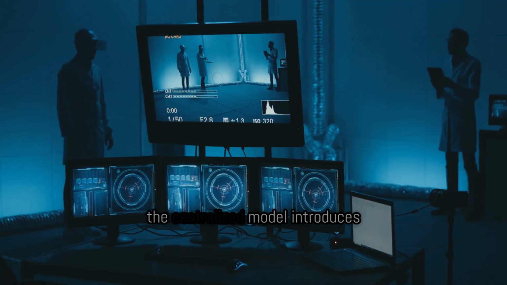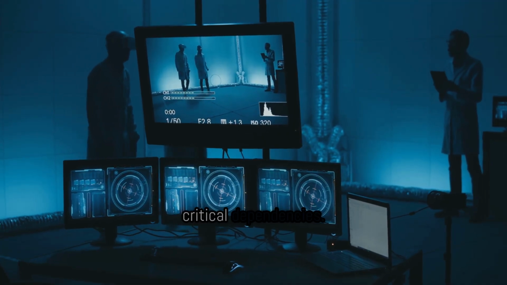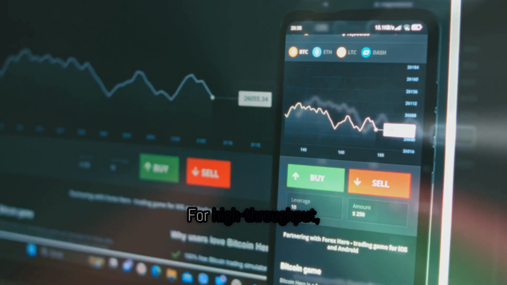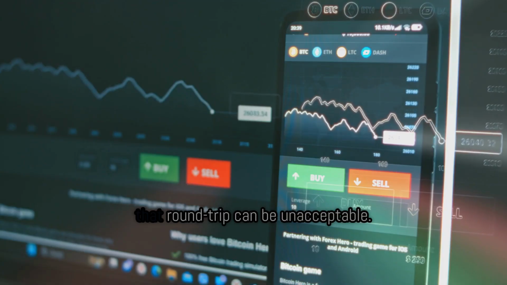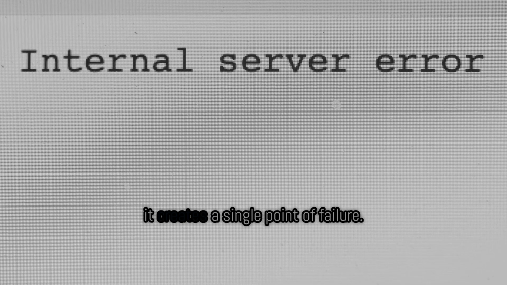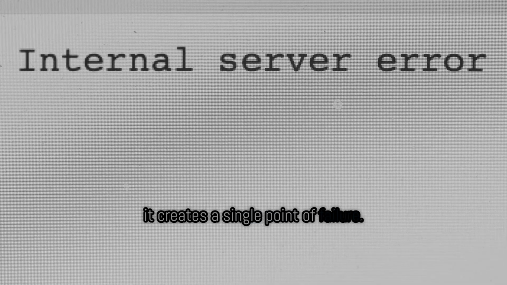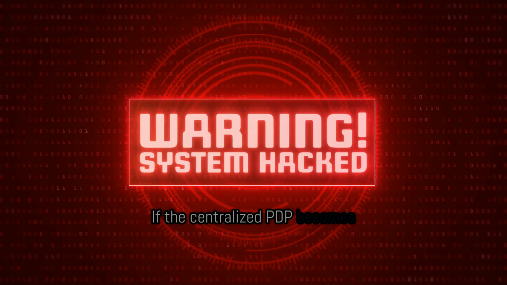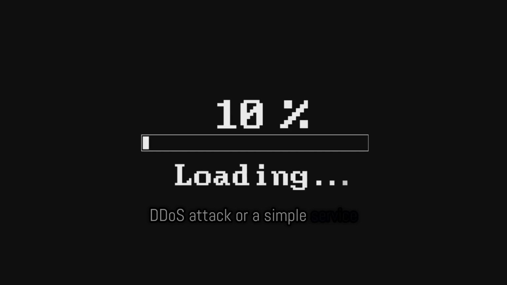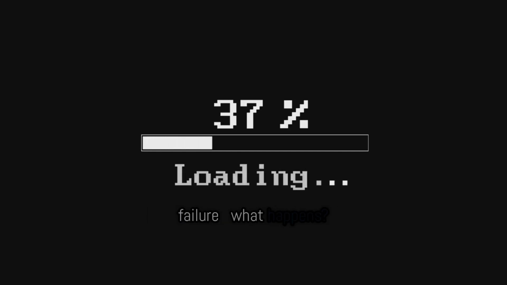However, the centralized model introduces critical dependencies. Every access request now incurs network latency. For high-throughput, low-latency applications, that round trip can be unacceptable. More importantly, it creates a single point of failure. If the centralized PDP becomes unavailable due to a network outage, a DDoS attack, or a simple service failure, what happens?